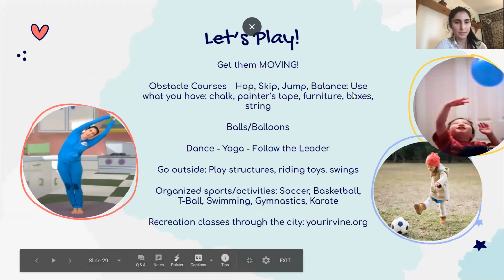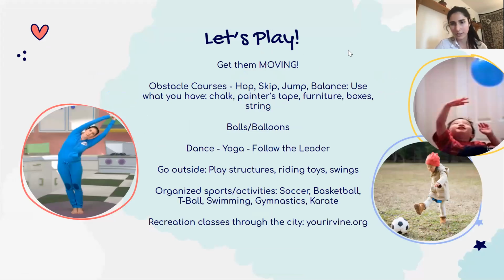So how can we support and help our child's gross motor skills? Something that's really fun to do is creating an obstacle course, indoors or outdoors. It's really easy to get your child moving. You can use things around the house, like the couch. You can use string, boxes, cones. You can get creative, and you can have your child help you set it up too. And then you can practice going under, going over, jumping, crawling, skipping, having them follow you. And then you can get involved, and I think children really appreciate that when you're playing with them.